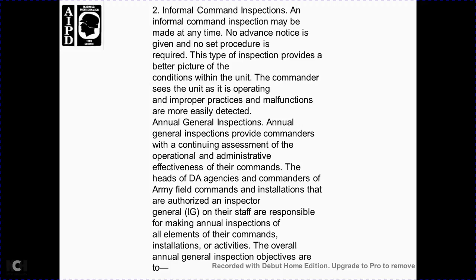Procedures required. The type of inspection provided the best picture of conditions within the unit. The commander receives a unit that is operating within proper practice, with malfunctions more easily detected. The annual general inspection provided the commander with a continuous assessment of the operation and administrative effectiveness of